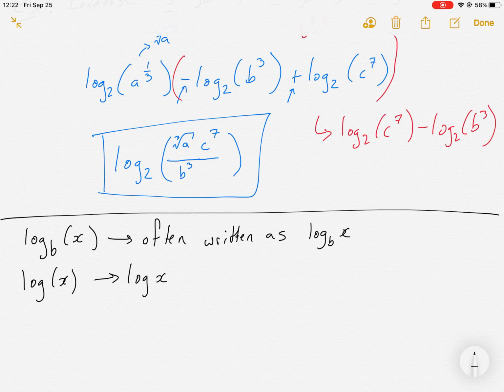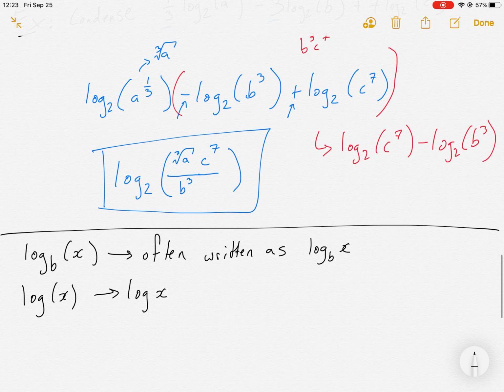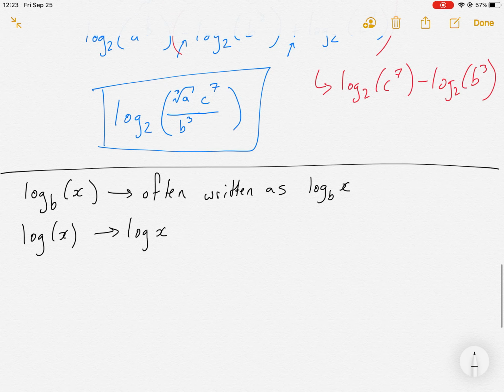I like to use parentheses just because otherwise it looks like a long string of letters and it's hard to tell where everything goes. So I often use parentheses for everything. But if we were, say, going to do the second example again, you might actually see it like this, say on Delta Math or in textbooks or somewhere. You might just see 2 ln of x minus a ln of y. And it's assumed that we have parentheses there,